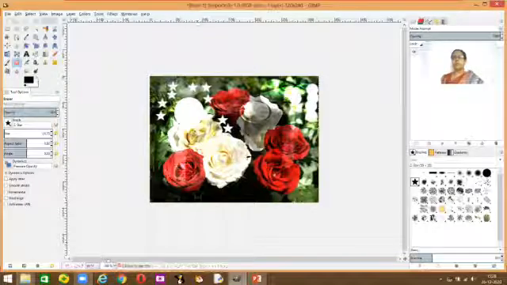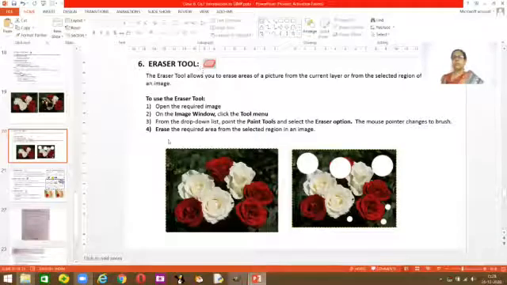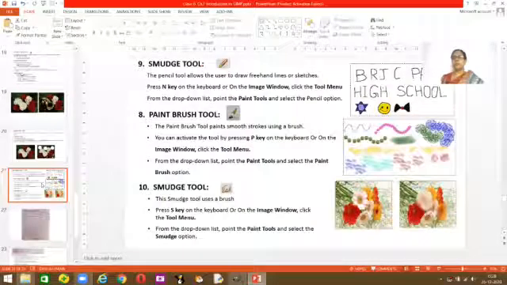Clear, children? That is about the eraser tool. Hope you understood what the eraser tool is: to erase a part or an area that you don't require in your image. Coming to the next tool, after your eraser tool comes the smudge tool. The smudge tool is used when everything is very clear, and you see it's very clear here, but